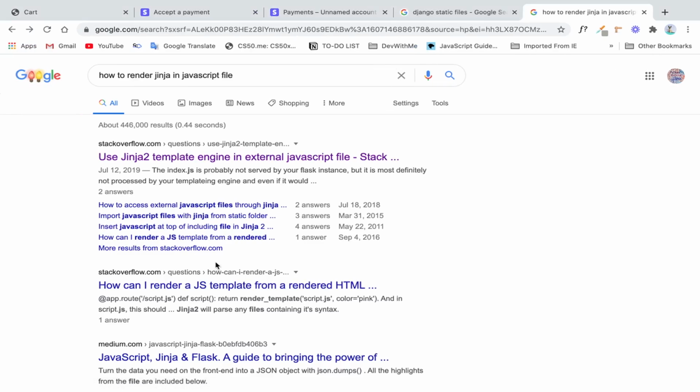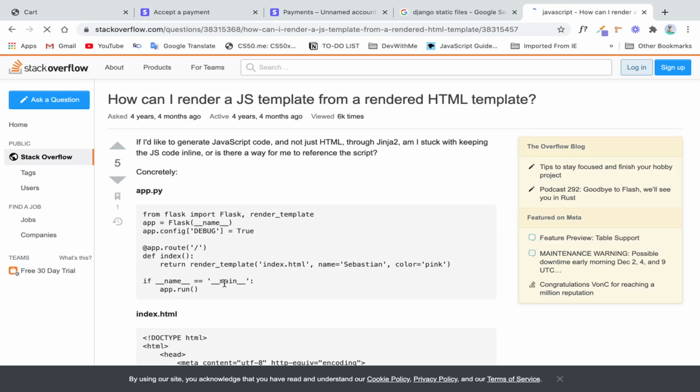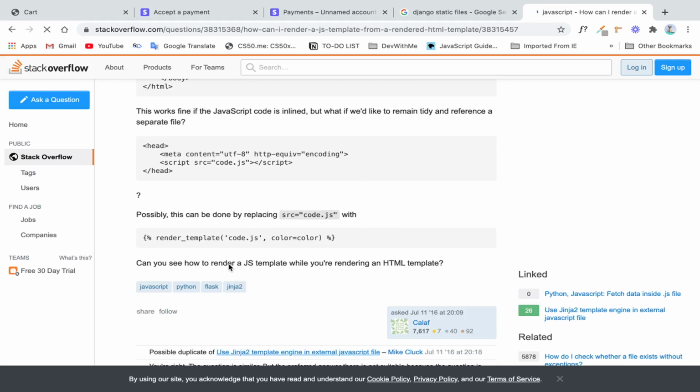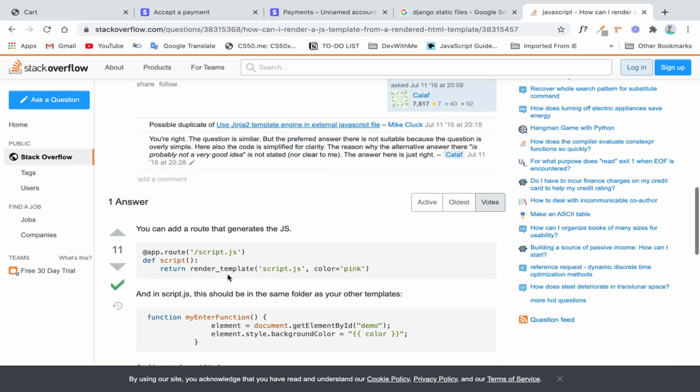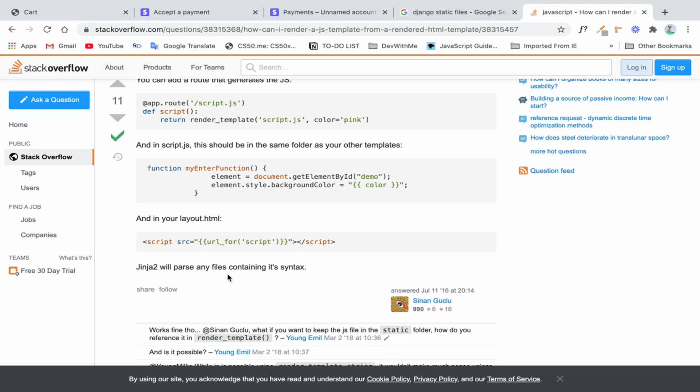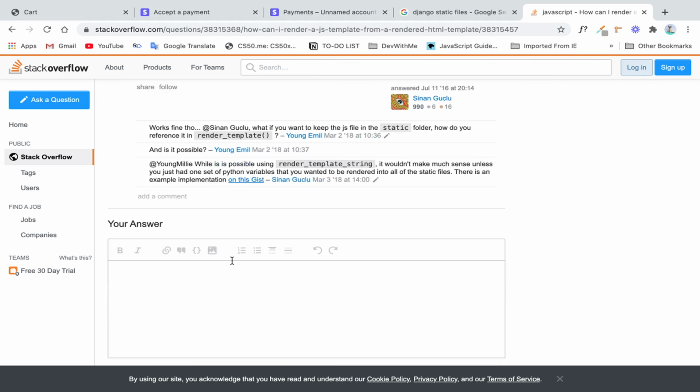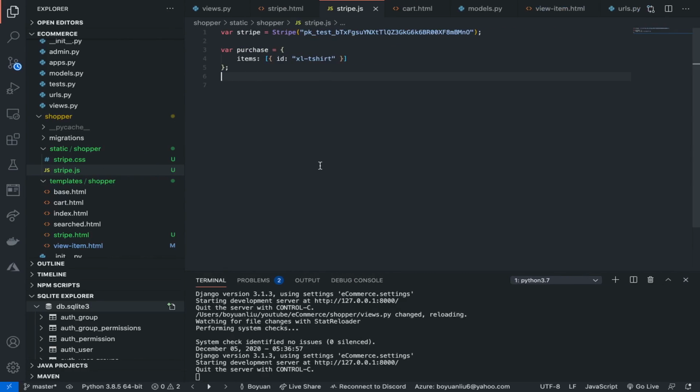Maybe the server can render. This definitely is not a good idea. Okay, you know what? The purchase is, if not the hardest thing, then very hard to actually get,